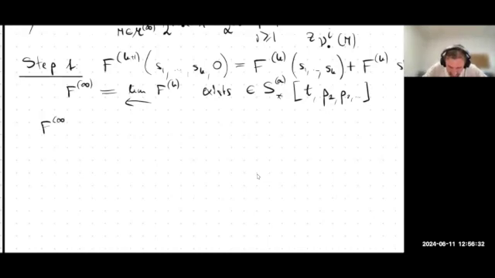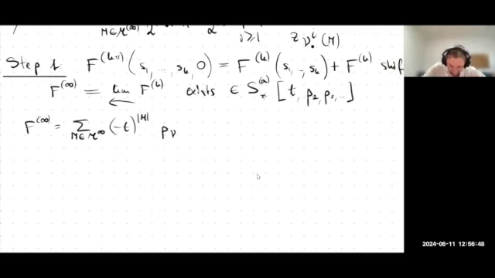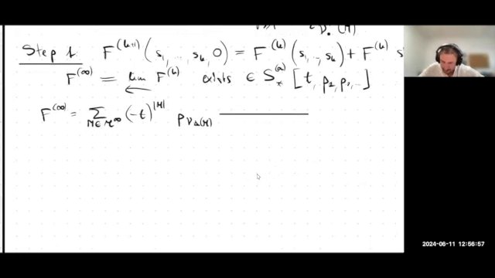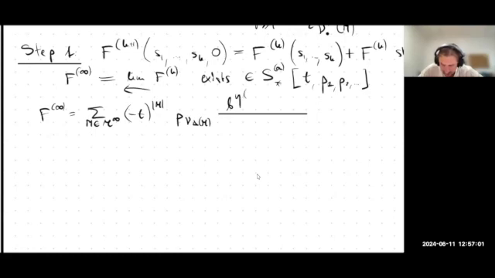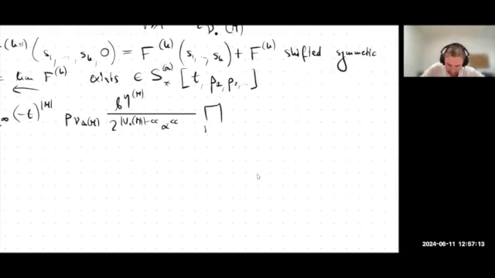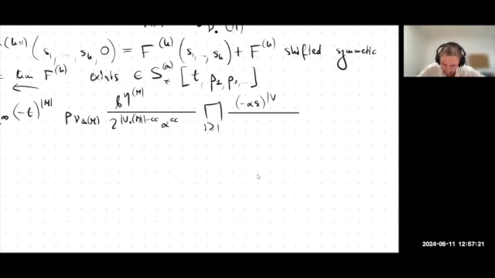I know that F infinity is equal to the sum over all not k-layered, but just layered maps, where P is a partition of the face. Then I have the standard thing: 2 to the number of vertices minus connected components, alpha to the number of connected components, and my product